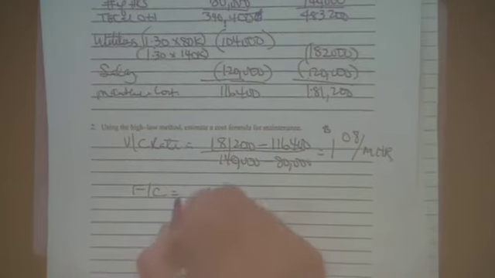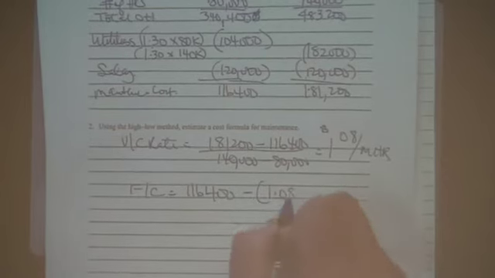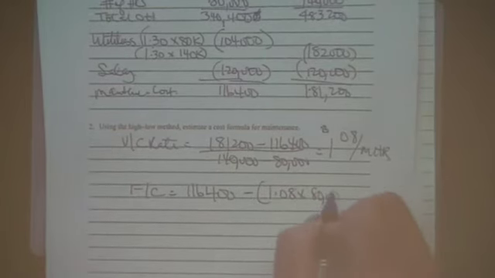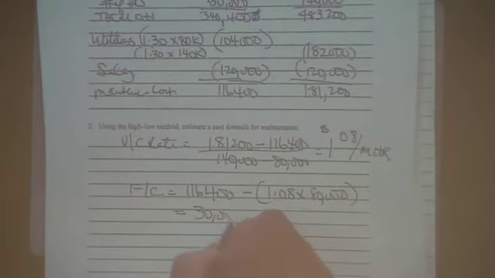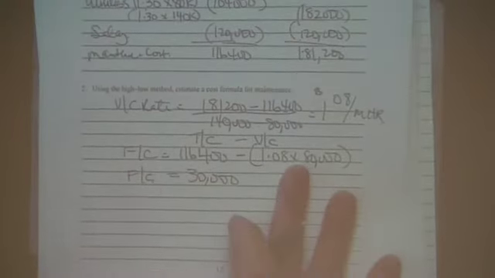So fixed cost is going to be, take the 116,400 minus 108 times 80,000. This is total cost minus variable cost, gives me fixed cost. So maintenance cost